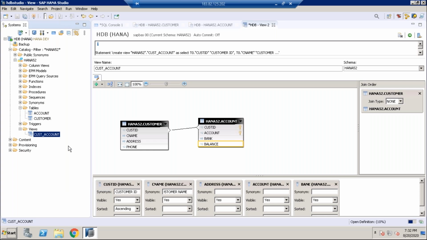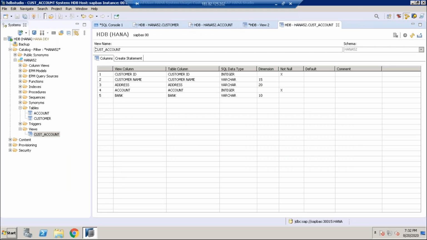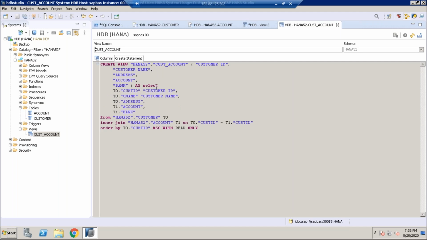Right click on the database view and say open definition. This database view contains 5 columns: customer ID, customer name, address, account, and bank. And this is the SQL statement that was generated for creating this database view. This statement is very important for us